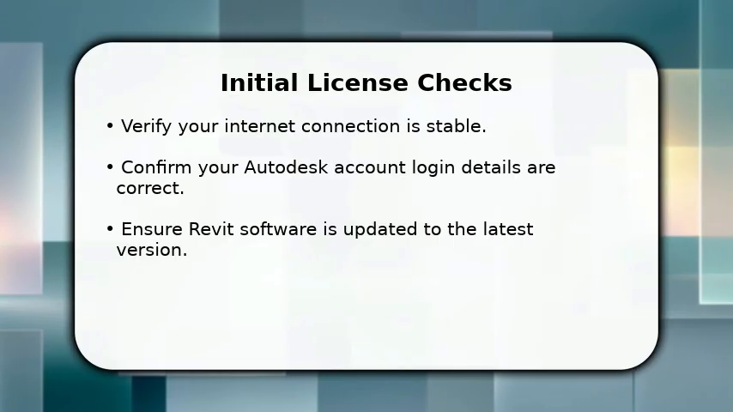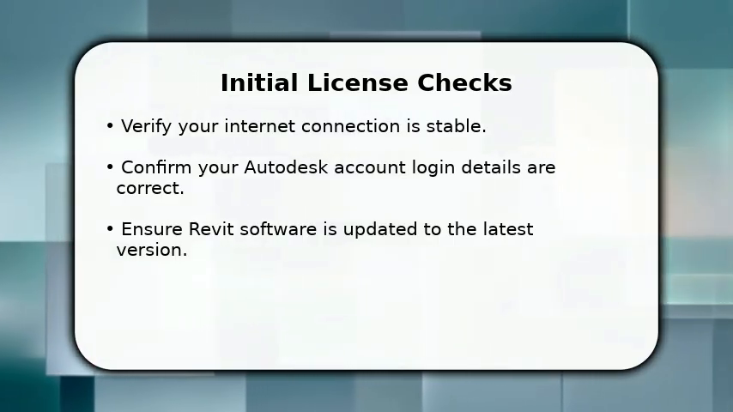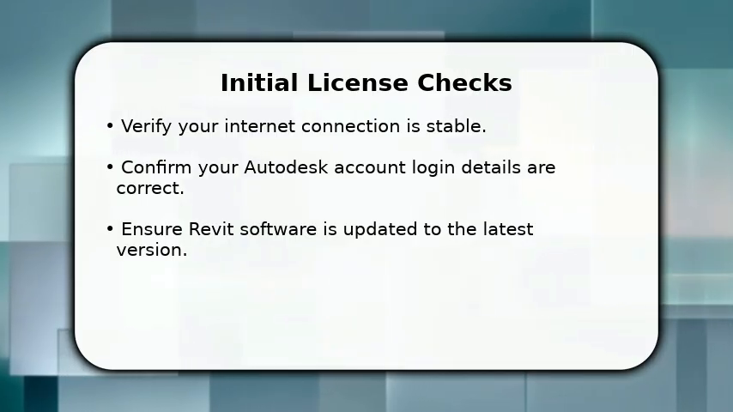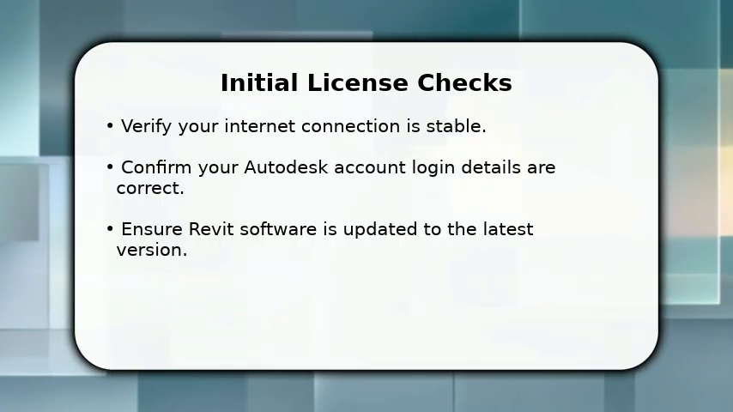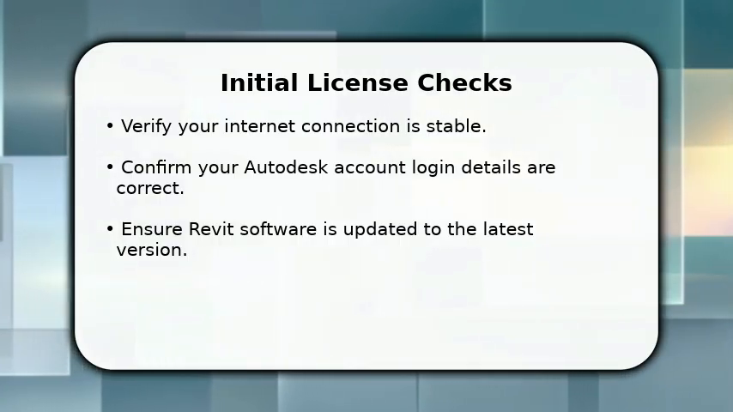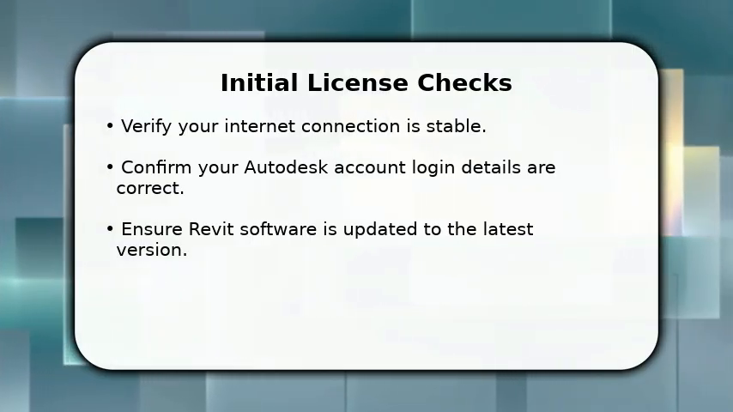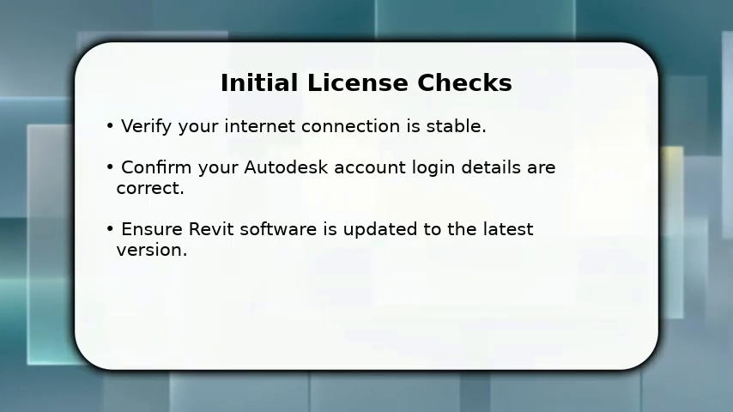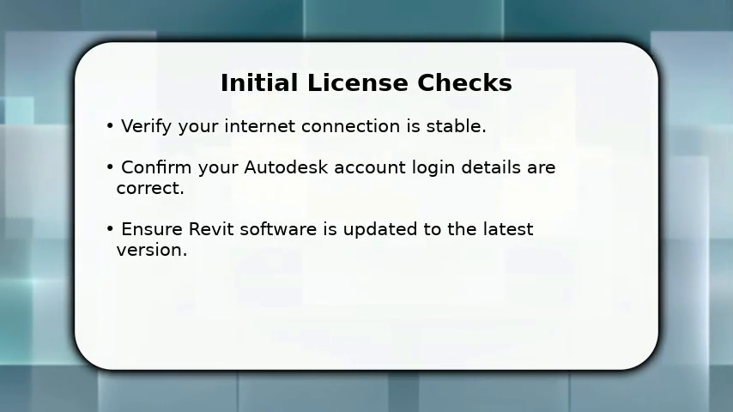In this video, I will explain how to fix Revit license problems. First, always confirm your internet connection is stable, as licensing often requires online validation. Next, double-check your Autodesk account login credentials for accuracy. Finally, ensure your Revit software is fully updated to the latest available version, as older versions might have known licensing